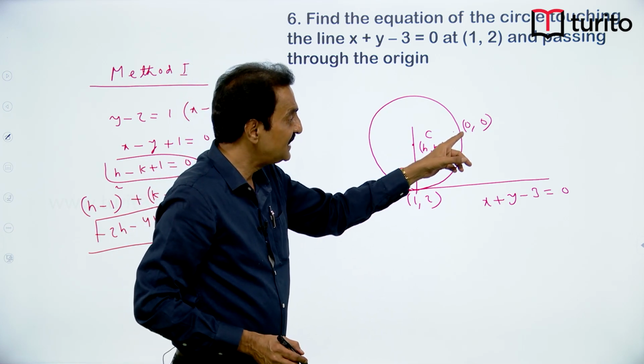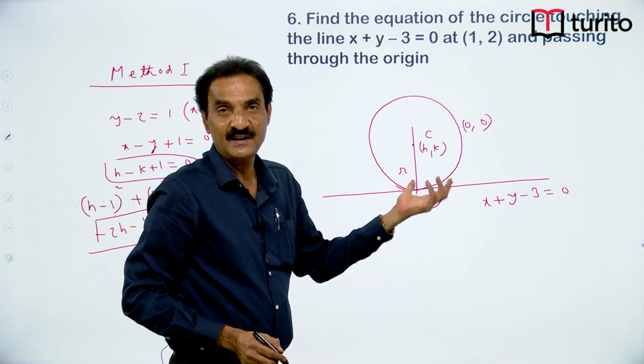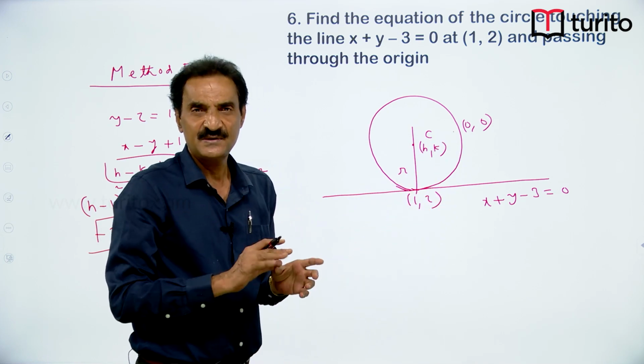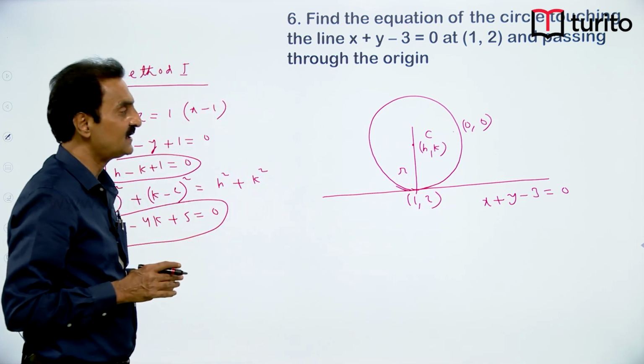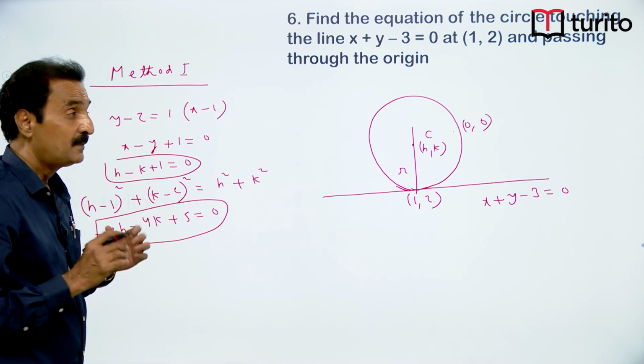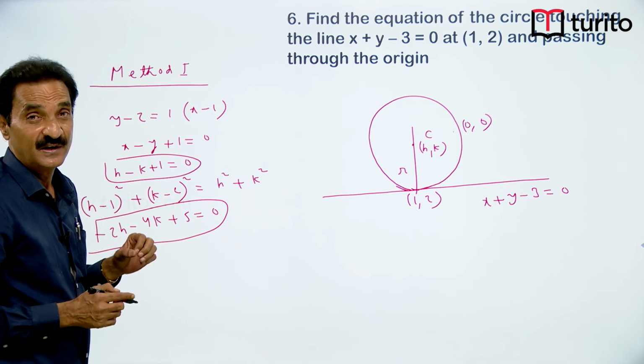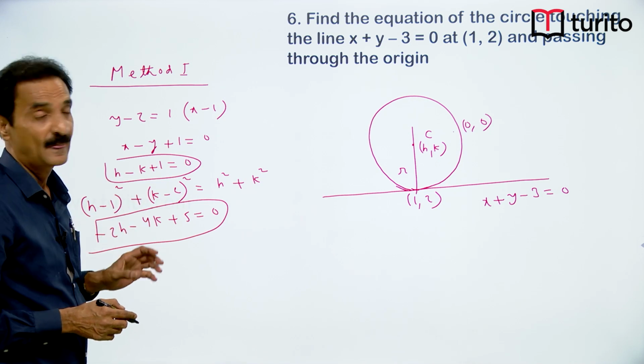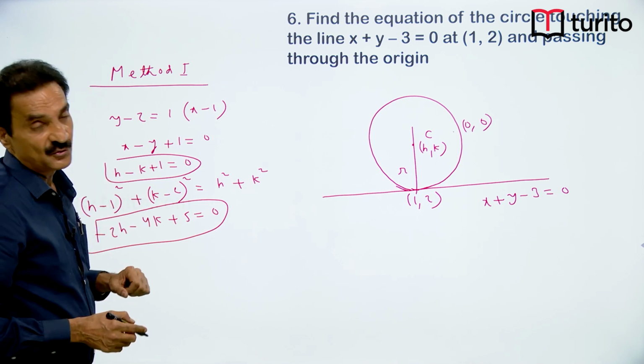Find the distance of C from origin, you will get the radius. So, this is the usual method that anyone will solve, but I am going to solve this in a different way, and it's a very simple way. In method 2,